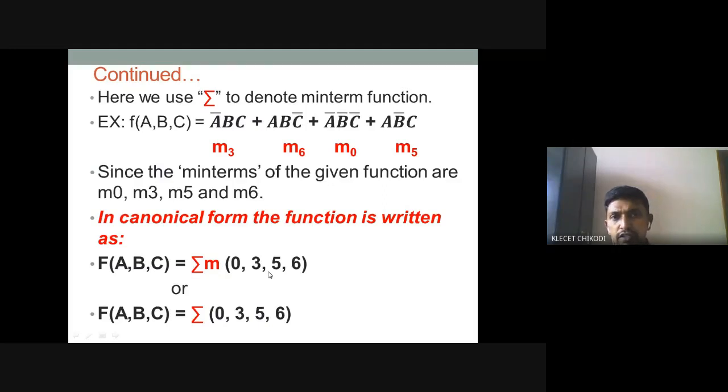They will give the Boolean expression and ask you to write the canonical min term form, or it may be vice versa. You can see that instead of small m, they have not written it here, and they have represented this in a canonical min term form. In the examination, usually the question is like that. They will not give the Boolean expression. They will give the canonical min term form, and from that you have to derive the expression.